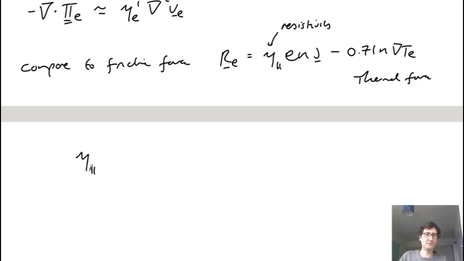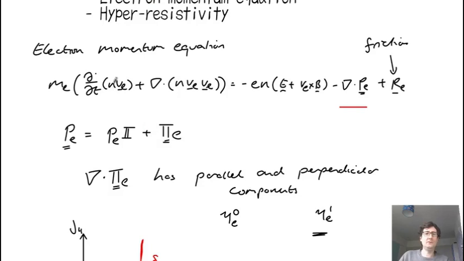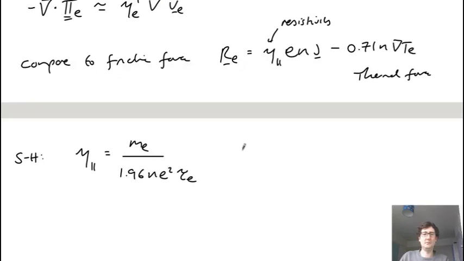And that's just given by Spitzer. So Spitzer-Härm formula, for example. And so then in the equations, here we're just dividing through by the mass and the density of the electrons. And dividing through by this en factor here, just cancels out some of these n's. What we end up with is,